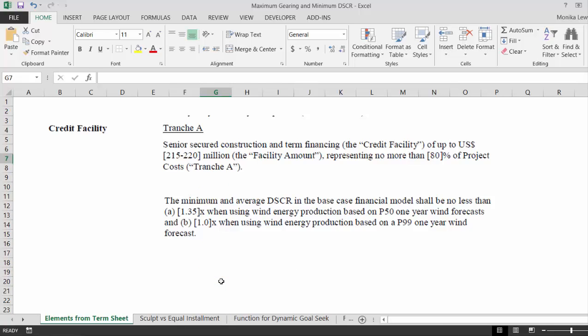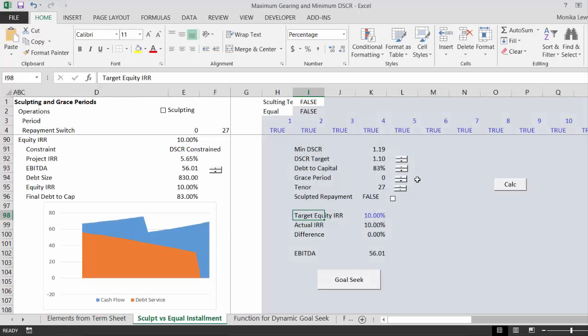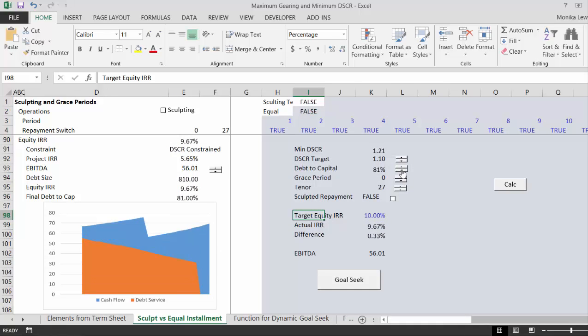And this is one where the term sheet said we could get 80% debt, or let's assume we have a 1.5 times debt service coverage ratio. So our debt service coverage is 80%, and the tenor here was 14 years, 16 years, I think. Okay, and they did have a tax depreciation, and let's make it 1.4. Okay, let's make it 1.3. So if you use this one, the DSCR causes the constraint,